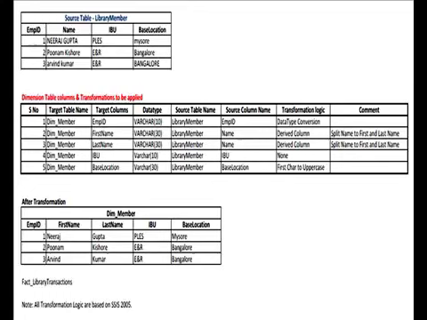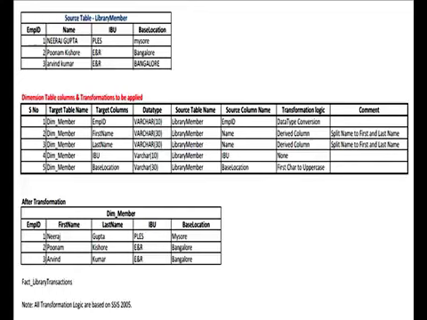If you see clearly in the transformation logic column, they are called derived columns, meaning that the columns first name and last name in dim_member are derived from the source column called name from the library member source table. So in the comments we have clearly said to split the name into first name and last name and correspondingly store the first name in the first name column and the last name in the last name column.